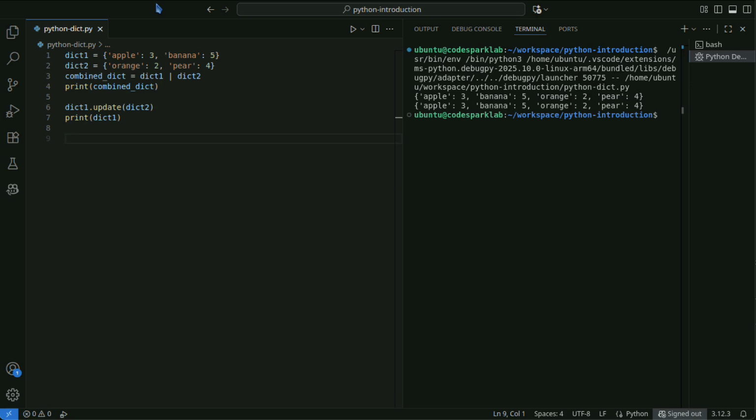Dictionaries are a fundamental tool for data management in Python programming. They manage data as key-value pairs and offer many advantages, including fast access, flexible updates, and easy merging. By mastering their use, you will be able to write more efficient and flexible code.